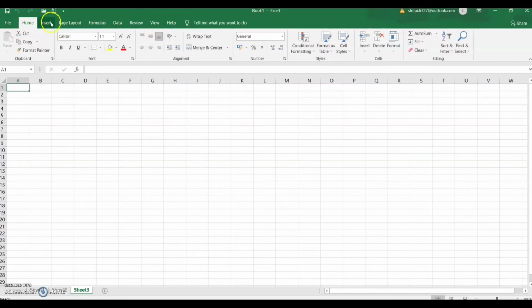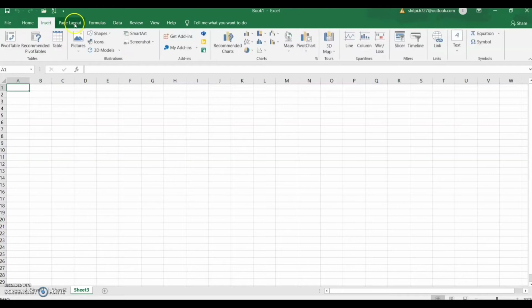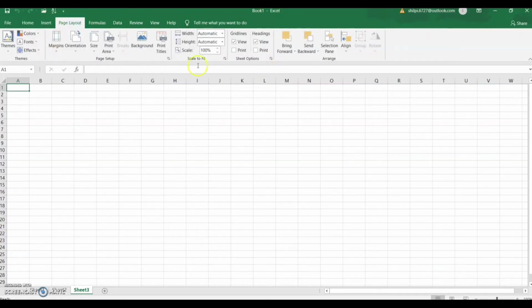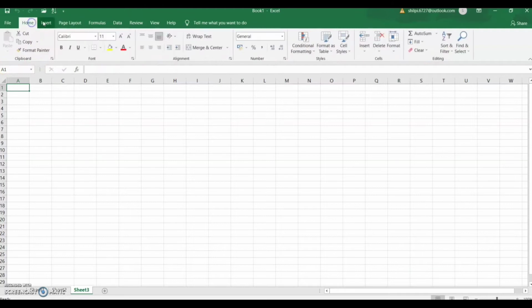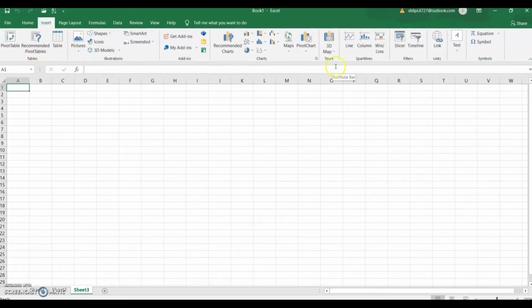Now below this we have the tabs over here, like insert tab, page layout tab, formulas tab. Earlier these tabs were known as menu bars. If you click on any tab, it will show you the options on the ribbon. This rectangular area is known as a ribbon.